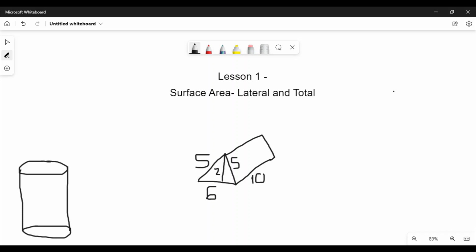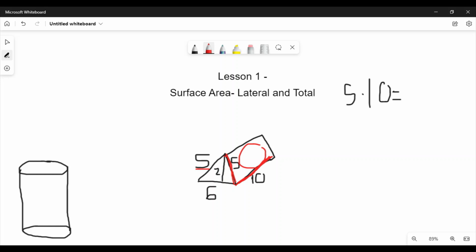For example, let's start with this shape. 5 times 10, that should be the area for this rectangle here. So 5 times 10, that's 50. But we can multiply that by 2 since this side length here